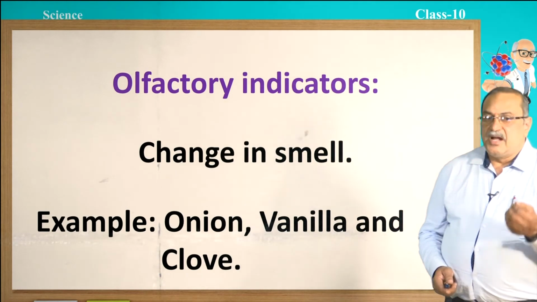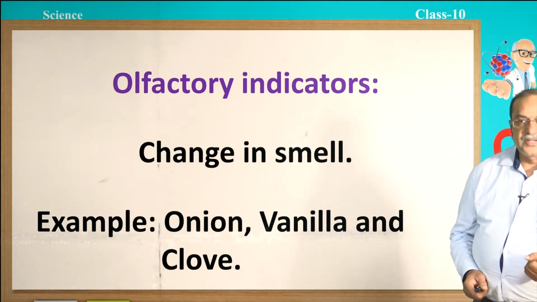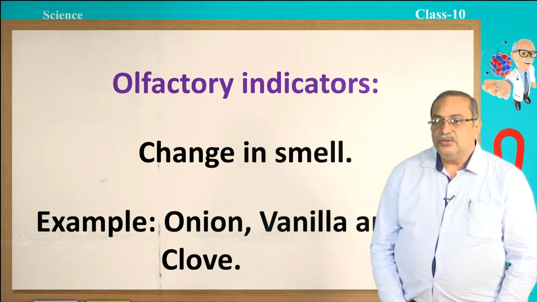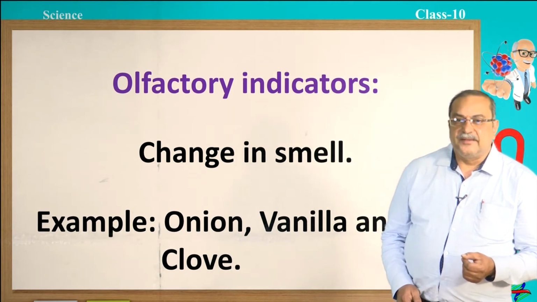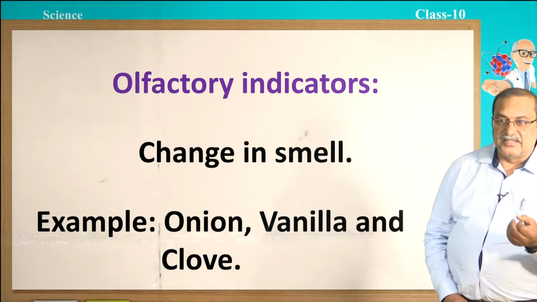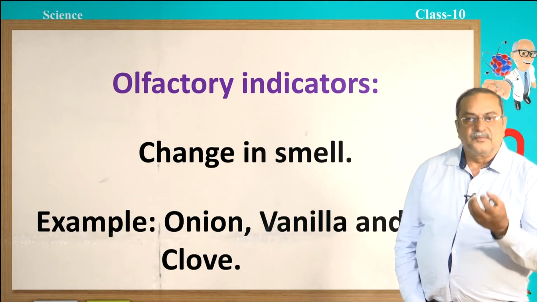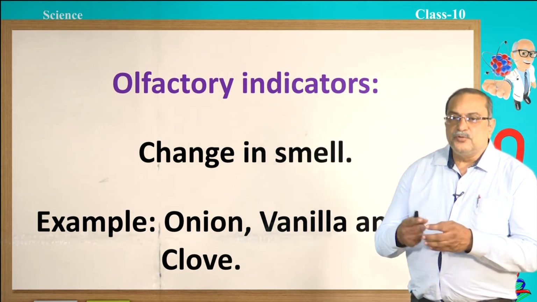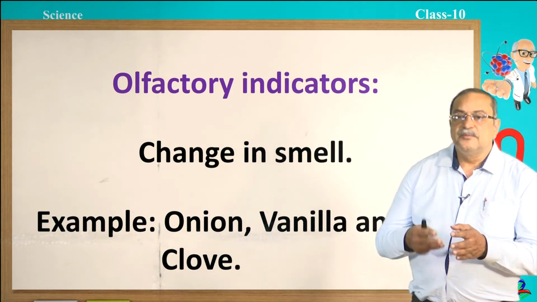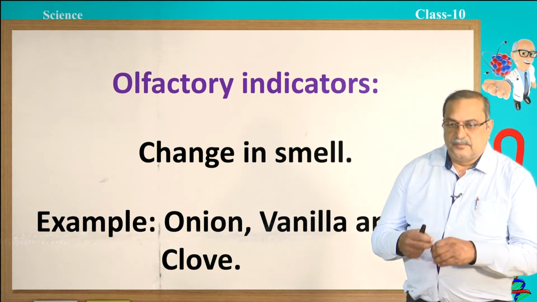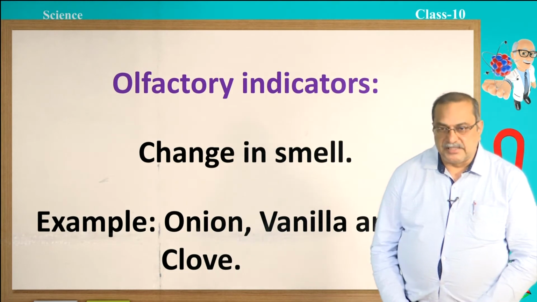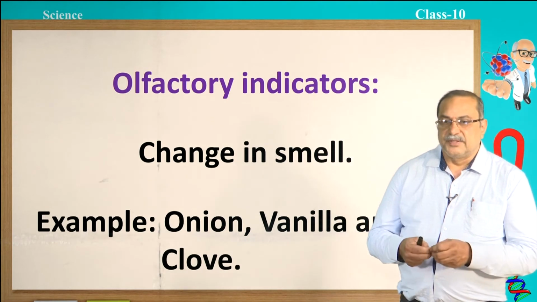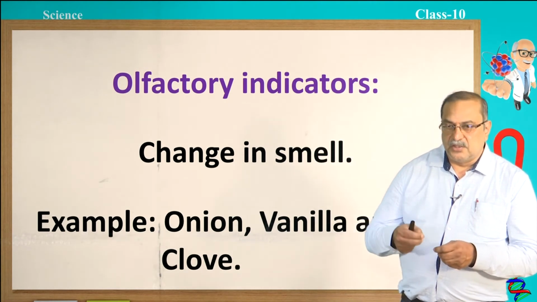So, for example, onion, vanilla and clove, in your textbook they are given the activity. Okay. In that one you are going to learn this one. Little bit I am going to explain how you can do this olfactory indicator in your house. So, take some onion, smash it and put it in a plastic cover and few paper strips in this one. Paper strips you can put it in that one and tie it and keep in the fridge for whole night. So, next day you remove the papers, dry it. Okay. Then on that one you can put one drop of vanilla or clove oil, etc.